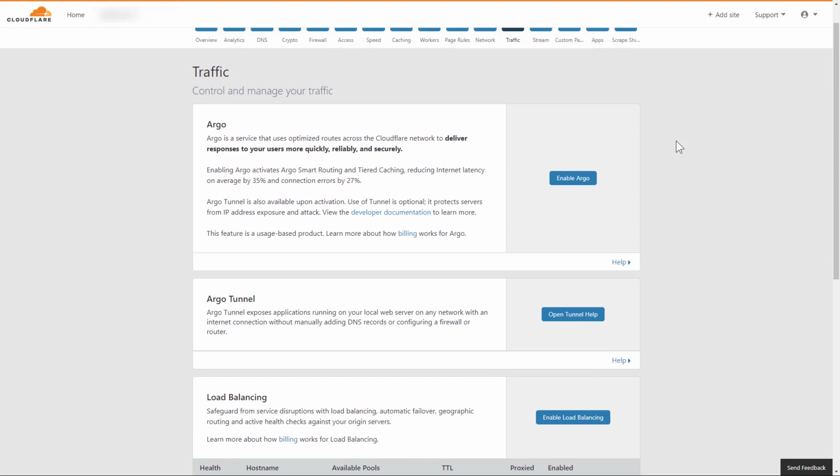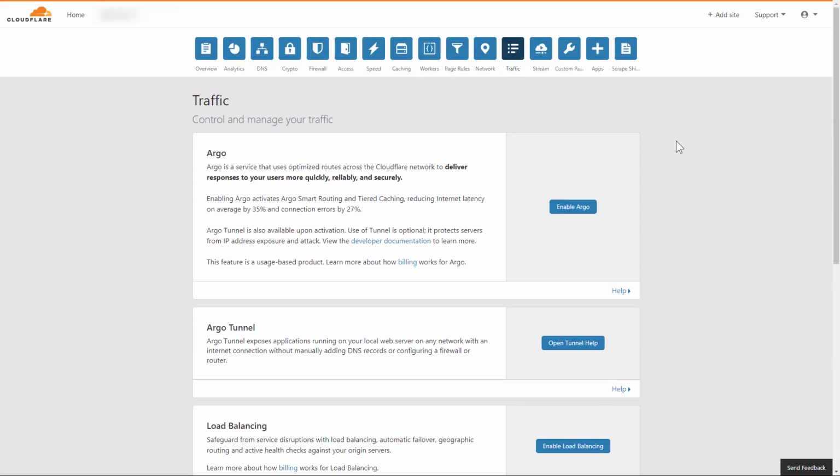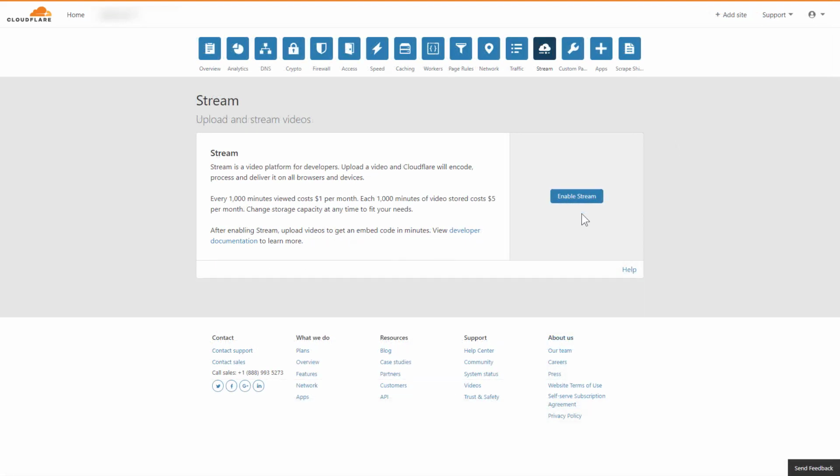Nothing really here for a free account, but if you've got a billable account, this is where you can manage your traffic. The Stream feature is for uploading and hosting streams on Cloudflare's network, and you're charged per 1,000 minutes viewed and the amount of storage that you occupy on their service. So this is a billable